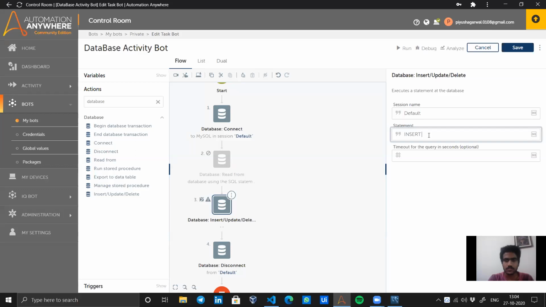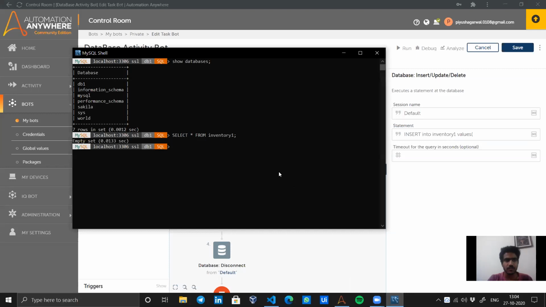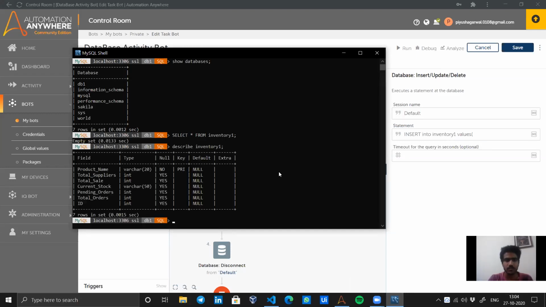Insert into table name, that is inventory 1, values. And what I have got in this inventory 1, like describe inventory 1, here I've got these fields. First is a character field, product name, then suppliers and sales, 2 integers, current stock, and then 3 integers again.